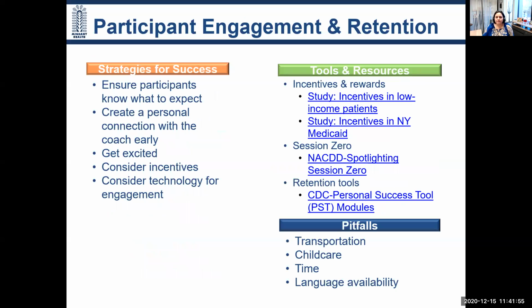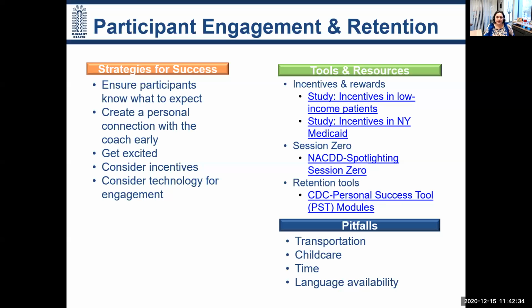Next slide, please. Now, patient engagement and retention is the next big hurdle. Once you've identified a person and once you've referred and screened them, it's really important to make sure that the person actually engages. And this can be challenging because there are a lot of classes. So you want to make sure that the person tries to complete as many classes as possible, ideally all of them. If we see that people complete the classes, you can see up to a 58% reduction in development of type 2 diabetes, or you can delay the diagnosis of diabetes, and all of those are good outcomes. But sometimes it is overwhelming.